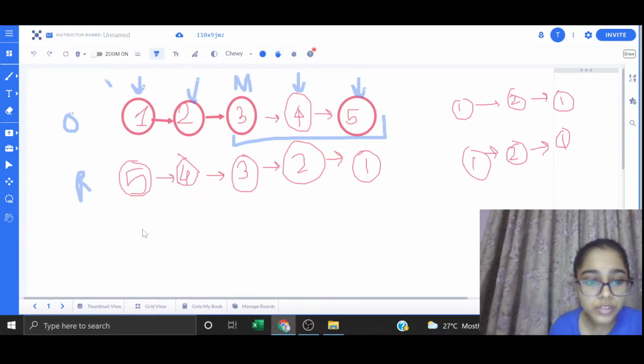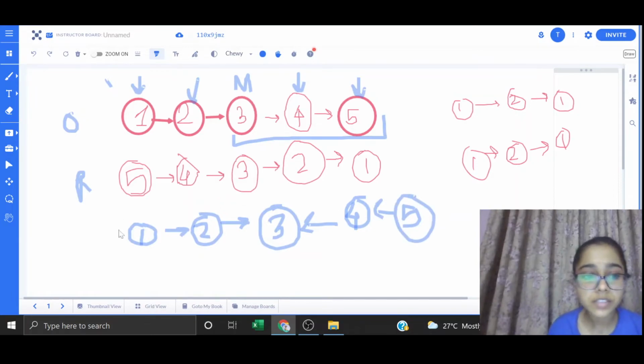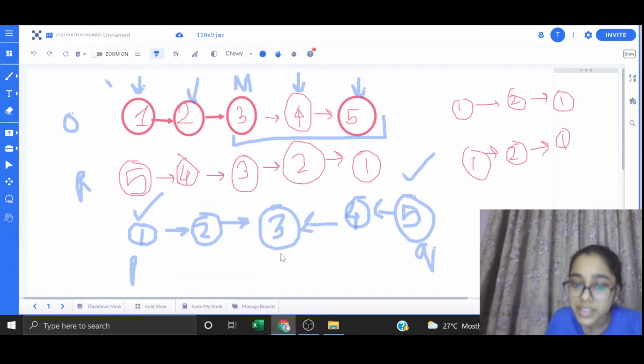After reversing, my linked list would be something like 1 will point to 2, will point to 3, and then 3 will point to 4, and then it will be 5. So this will be the linked list after reversing it from the middle. Now we can put one pointer P here and another pointer Q here, and compare the value at P with the value at Q. If they are equal, I will increment P and Q, and we will do the same till both the values point to null.